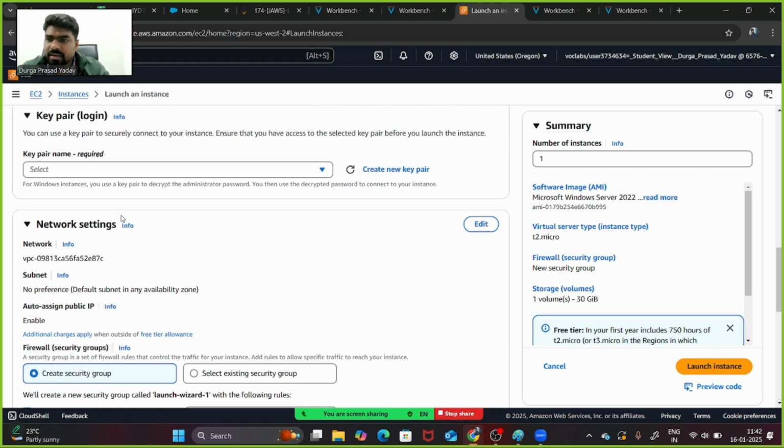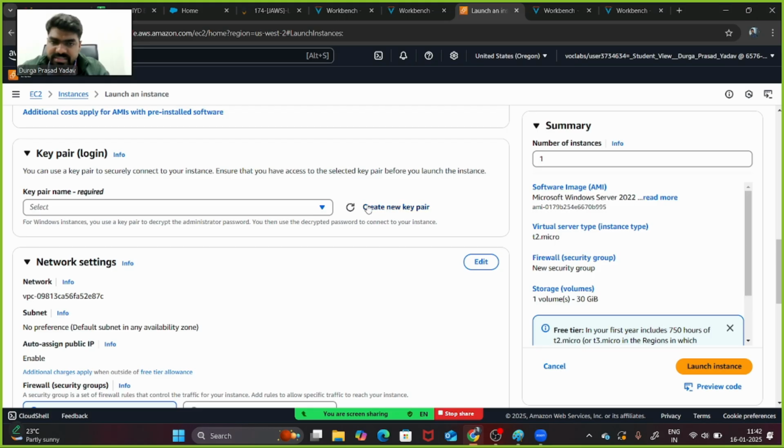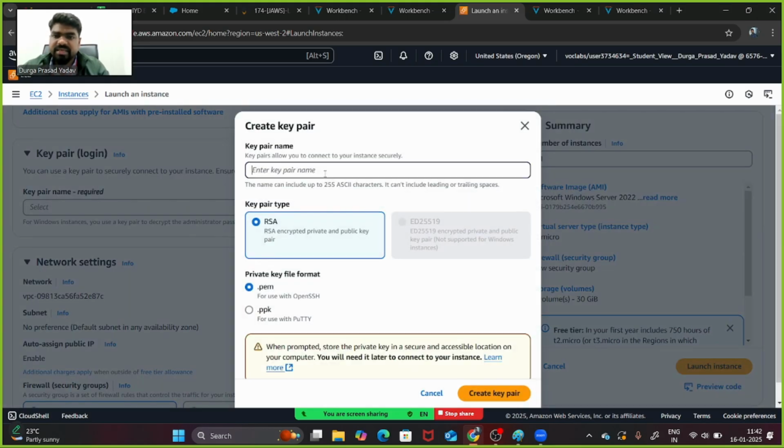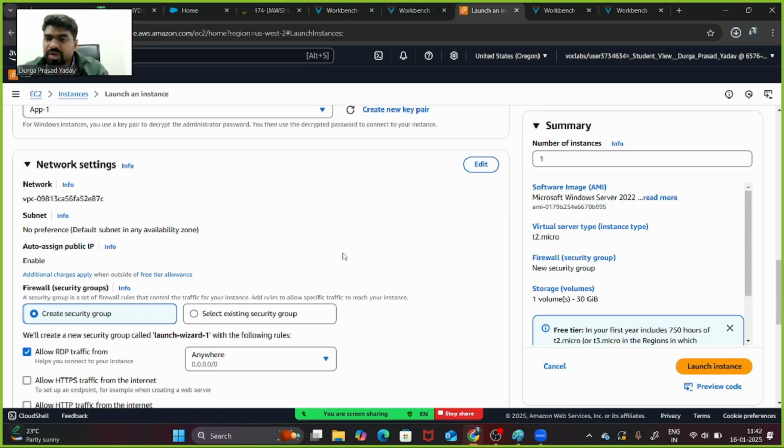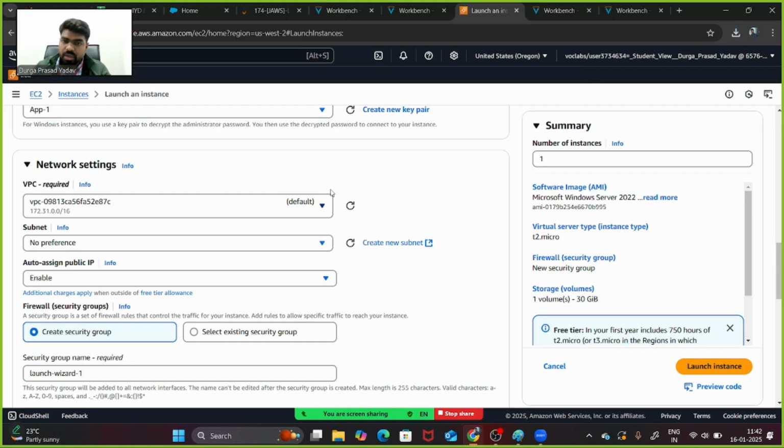And here we can create a key pair. Let's say the name of the key will be F1 and we'll create the key pair. After that, we have to enter into the network settings. See, here in the lab, there is some permission issue, so we cannot use the default.